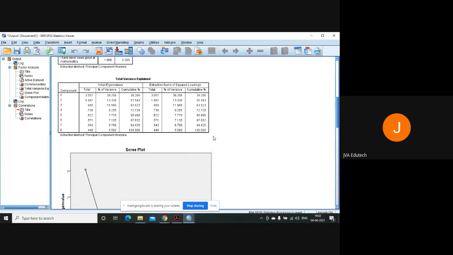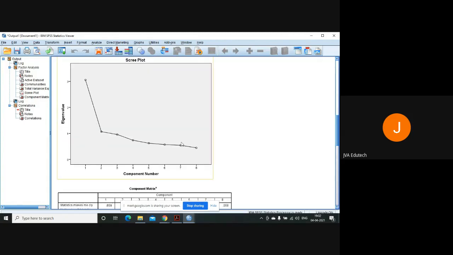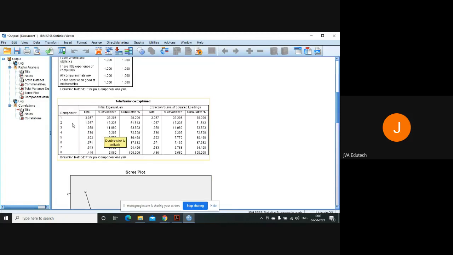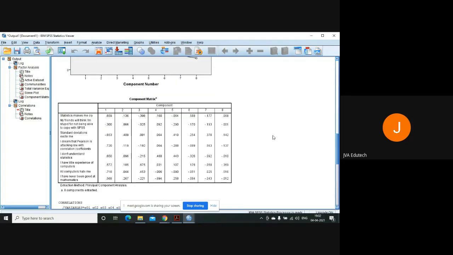However, we need only at this step to identify that out of these 8, how many factors we want to extract. So the scree plot will tell you that you need to extract two factors, and you can cross-validate with this table, total variance explained, that these two alone are able to explain 51% of the variance. And after that, since eigenvalues are less than 1, the other components are not usable. So we will go for extracting two factors only. Means all 8 we have to converge into 2.